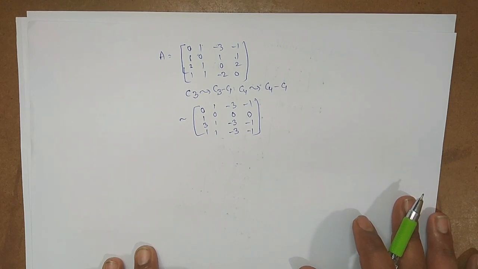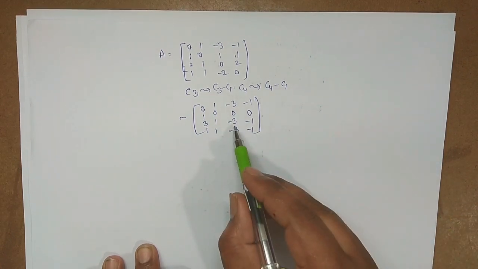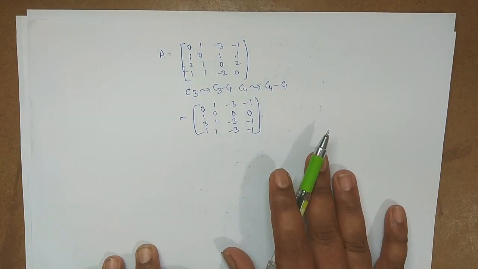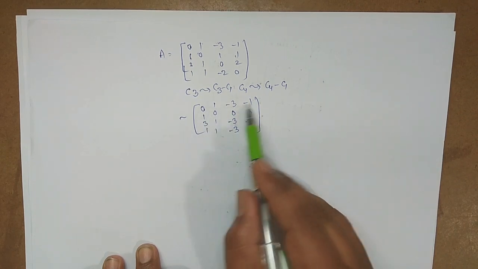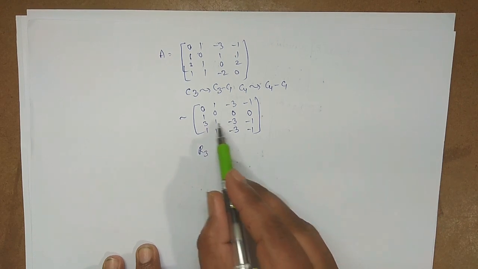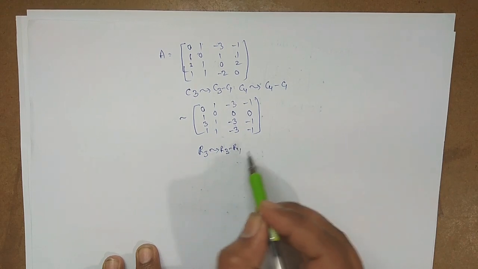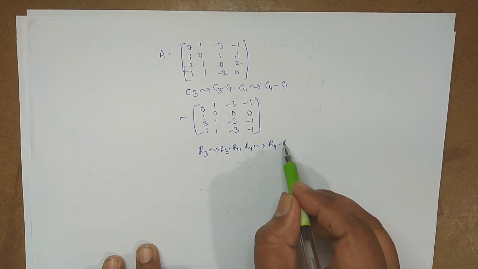Now we will be doing row operations here to make these elements 0. Okay. The overall motto here is that we have to make the given matrix into an identity matrix. From that we'll find the rank. So make these elements 0 by using this row. Okay. We'll see how to do that. R3, that means this row, gives rise to R3 minus R1, and again R4 gives rise to R4 minus R1.